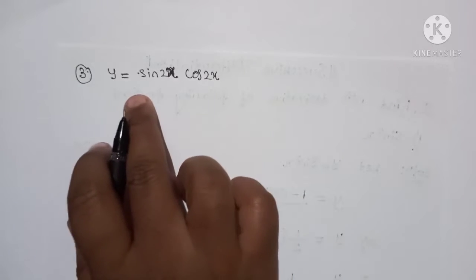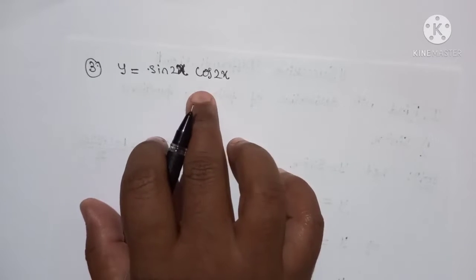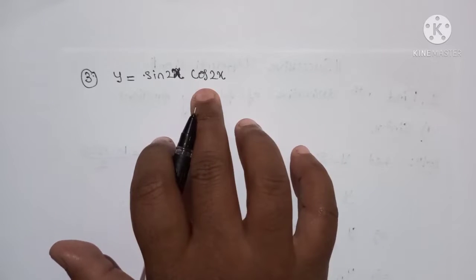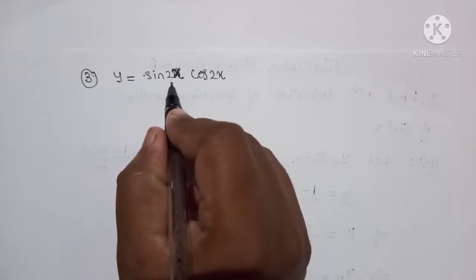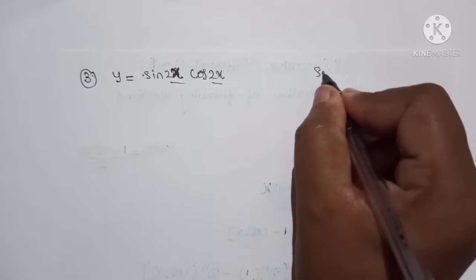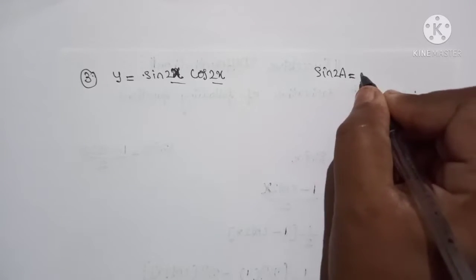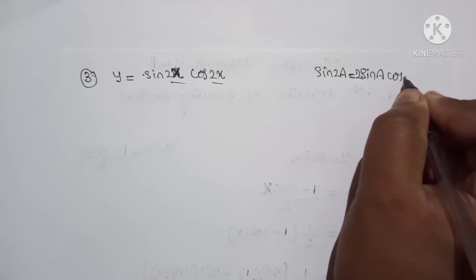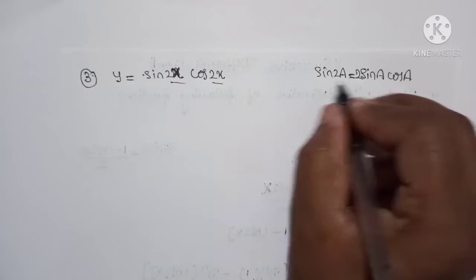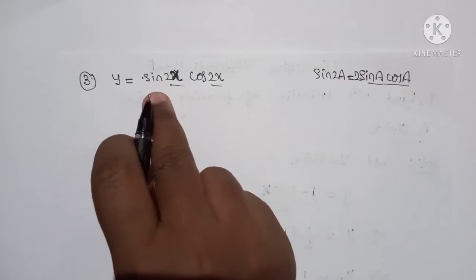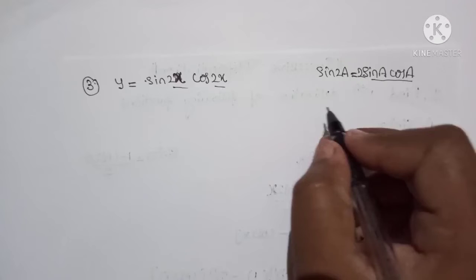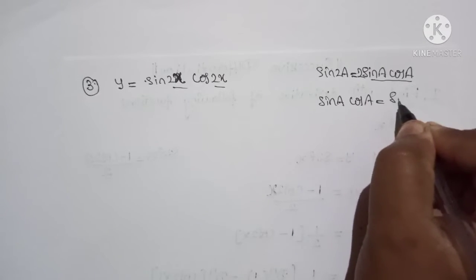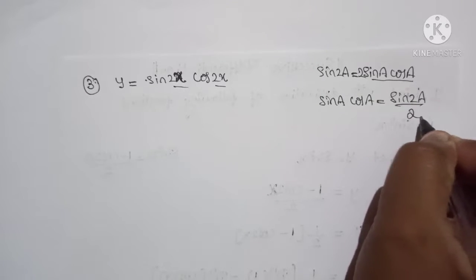Next problem, y equals sine 2x into cos 2x. Here you can use the sine a cos b formula, or because this angle is the same, we can use the formula sine 2a equals 2 sine a into cos a. Since we have it in the form sine 2x into cos 2x, therefore